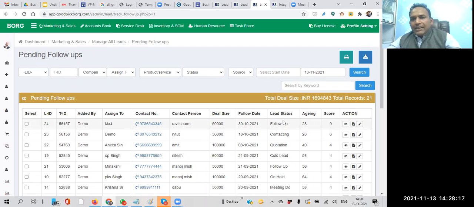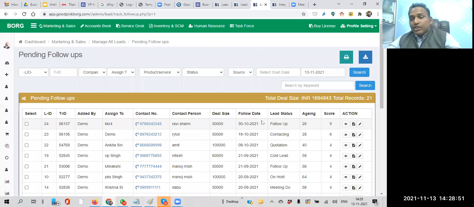If I search for any lead whose follow-up date does not fall in that range, it will not be searchable from here. So I think it can never happen that a lead is not showing, but if it is a critical case, we can connect and troubleshoot your account.